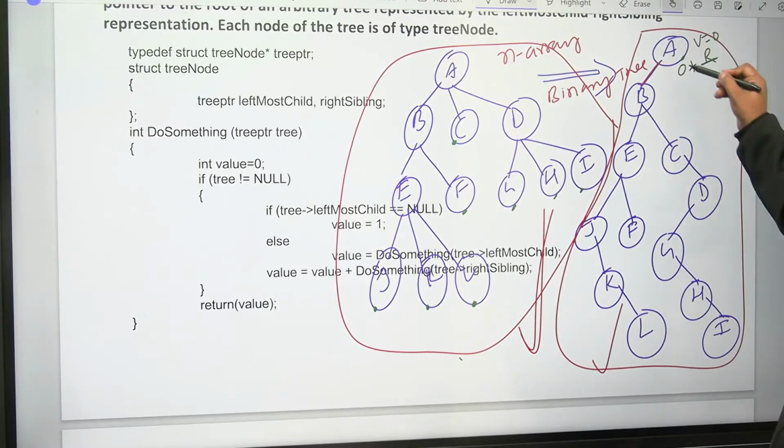Right? Remember, I am here. Is it null? Value is 0. That's okay. Next one. Is it not equal to null? True. Go inside. Is the tree's leftmost child equal to null? No. If it is null,